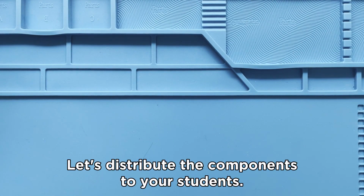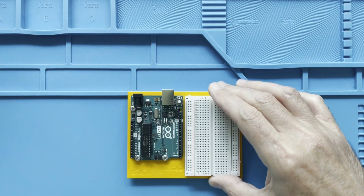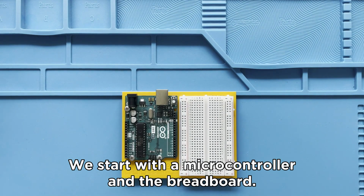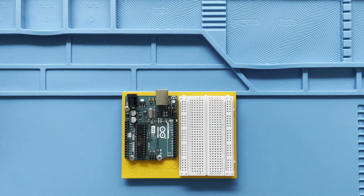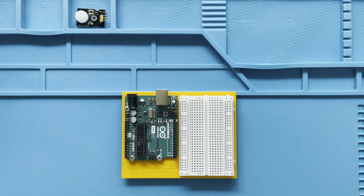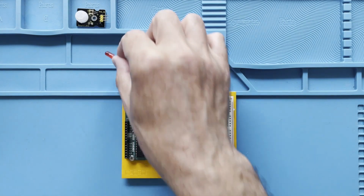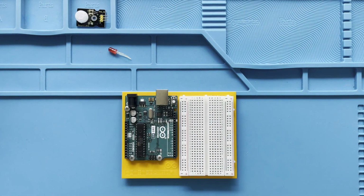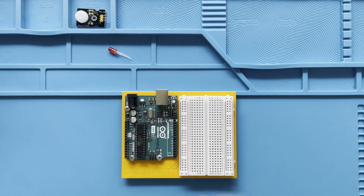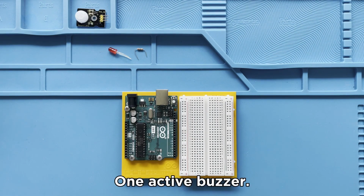Let's distribute the components to your students. We start with the microcontroller and the breadboard. We have one infrared sensor, one LED, one resistor of 220 ohm, one active buzzer,